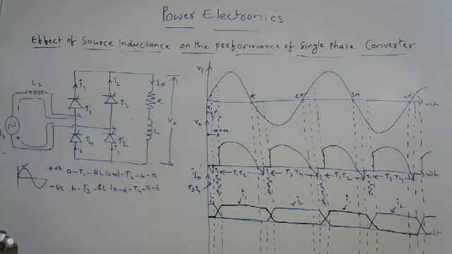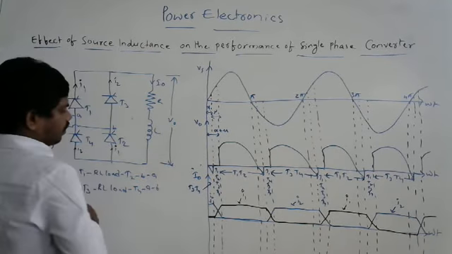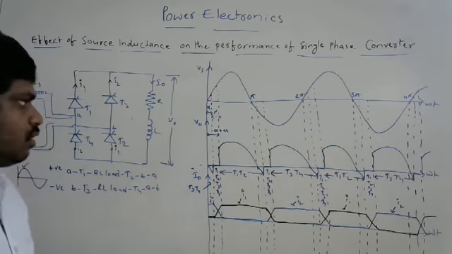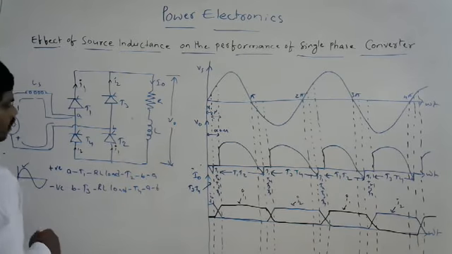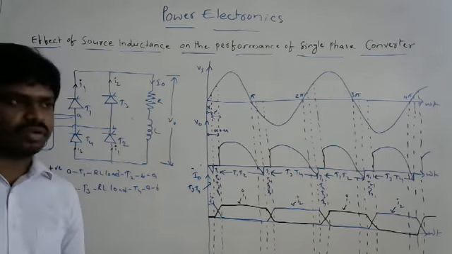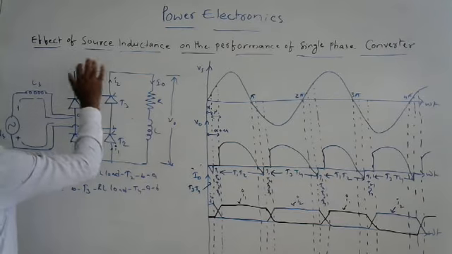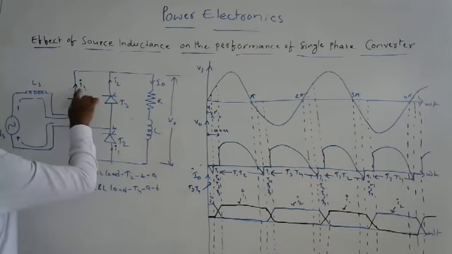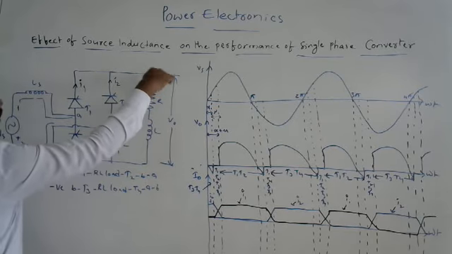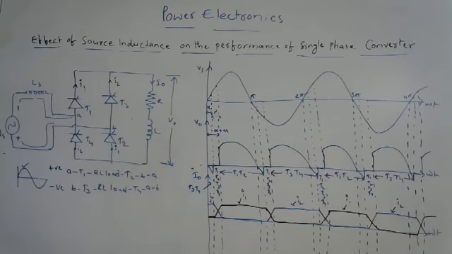So at this overlap angle, what will be the output current? The average of I1 and I2. Generally, when you apply KCL to this point, you will get the output current. I1 is incoming current, I2 is incoming current, I0 is the outgoing current. Then I1 plus I2 is equal to I0. So we are getting continuous current there, because one is in increasing mode and the other is in decreasing mode.